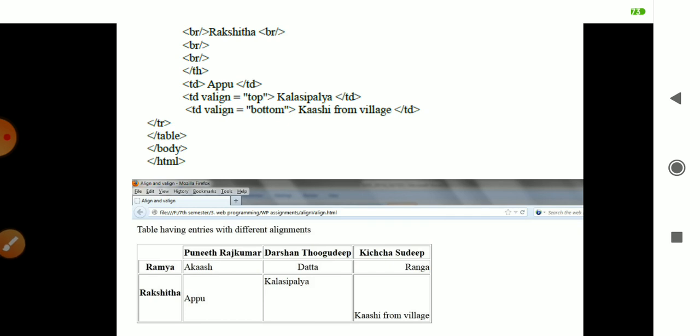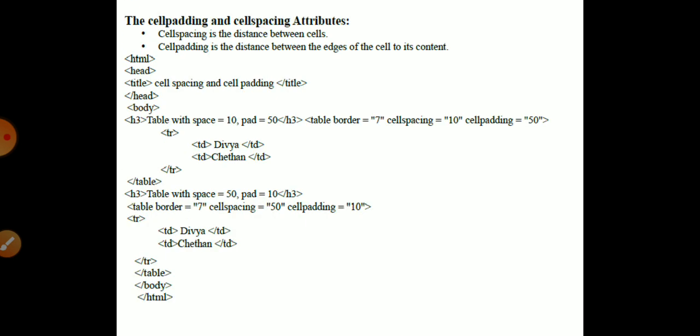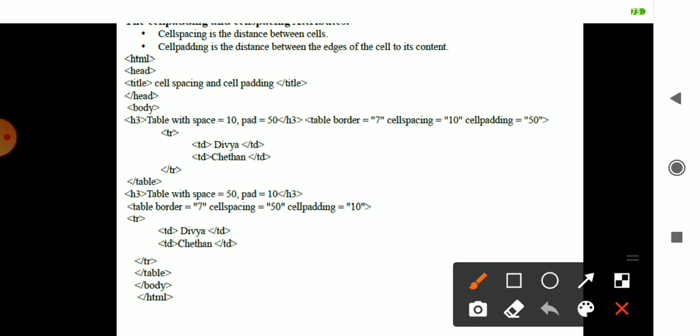This was the aspect of tables which you have learned. In the beginning you learned about the row and column span in tables, how to write the rows, how to adjust the rows and columns. Then today you learned about the aligning, the align and V align concept. In tables you have another concept called cell padding and cell spacing. If I want to give some space in a cell, I'll be using cell padding and cell spacing. That distance is maintained with the help of this space, and the edges are also padded.